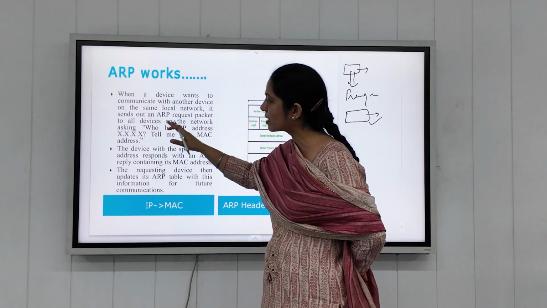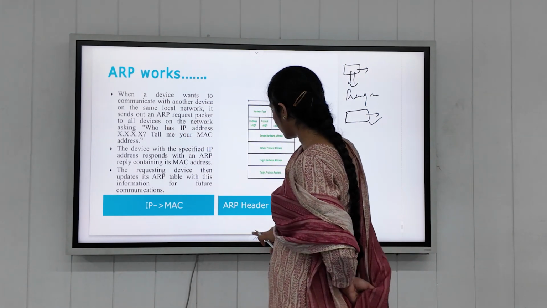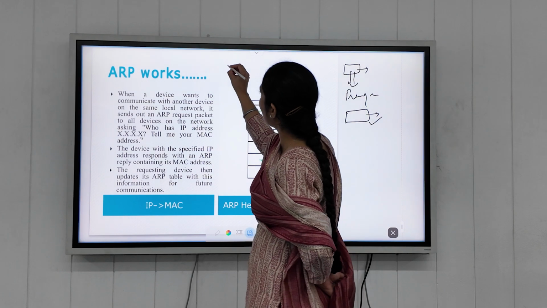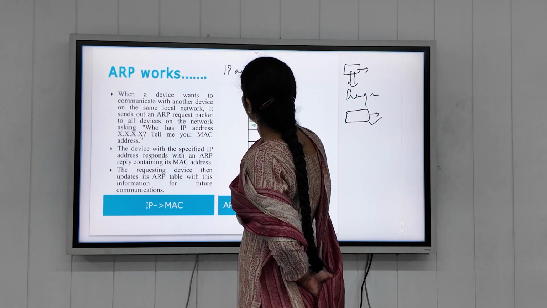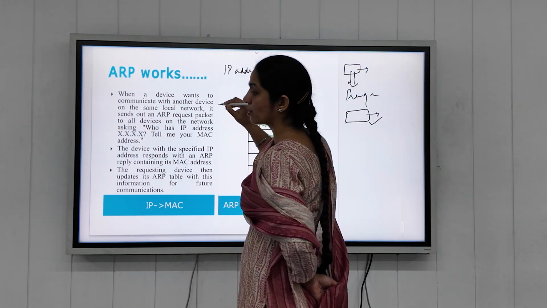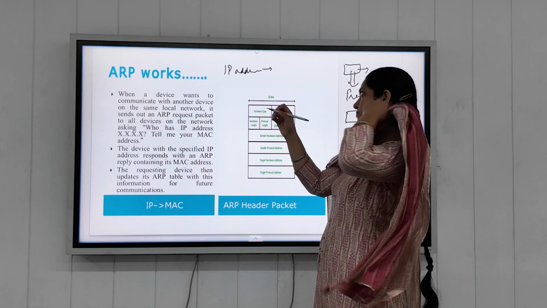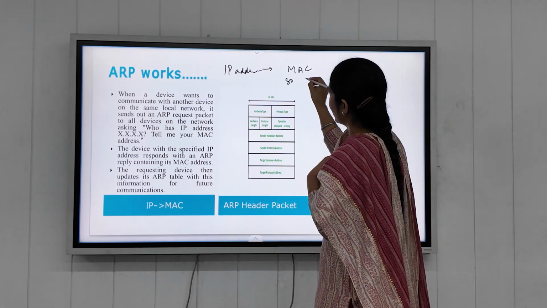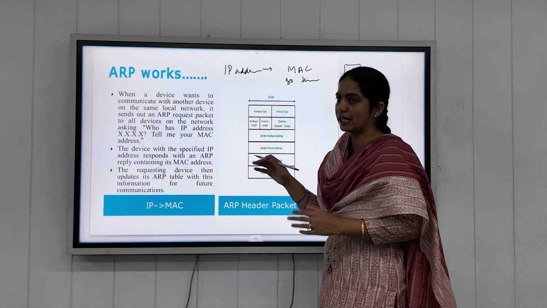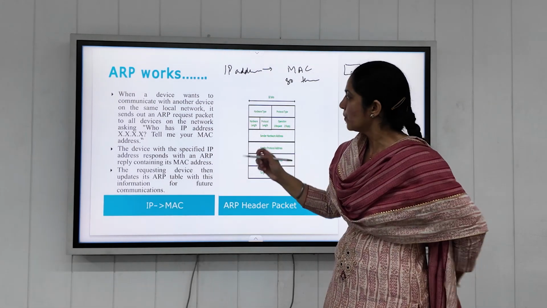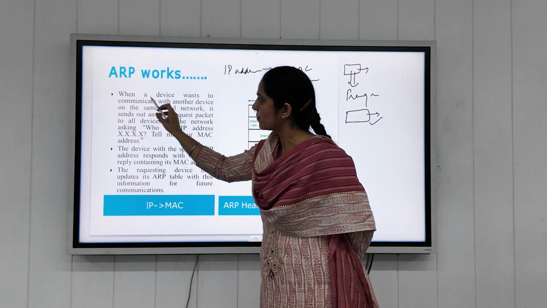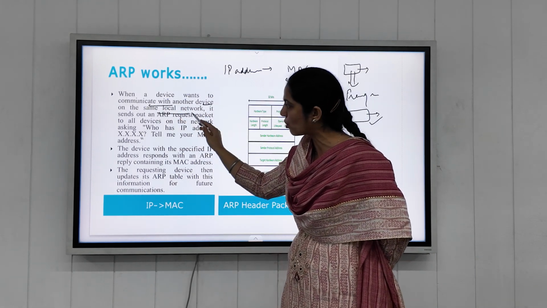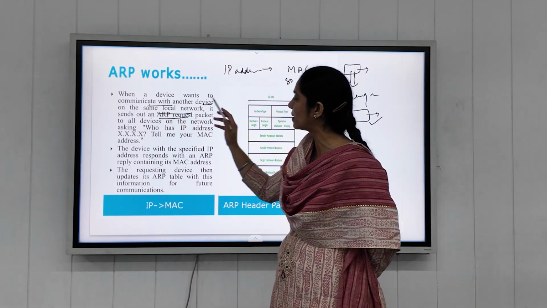ARP works like this: if I know the IP address of any device or host and I want to know its MAC address, so that I can send my data, then when a device wants to communicate with another device on the same local network, it sends an ARP request.